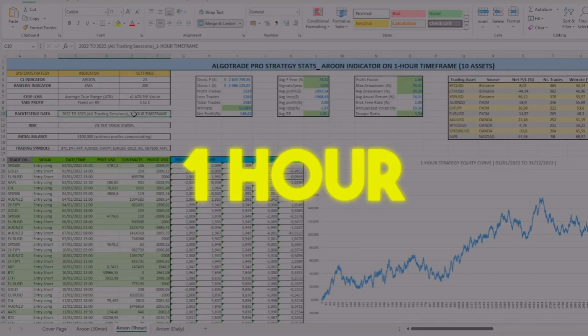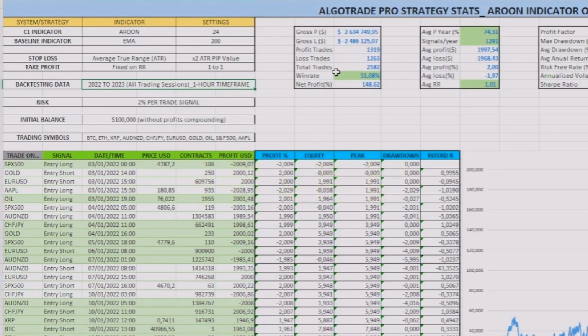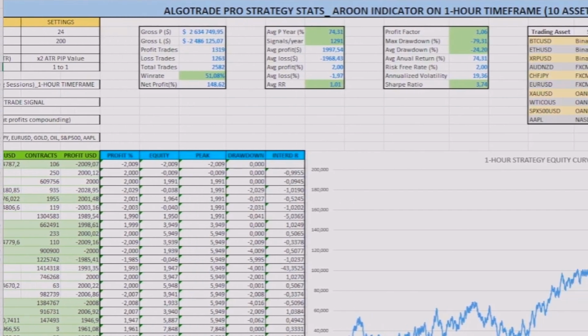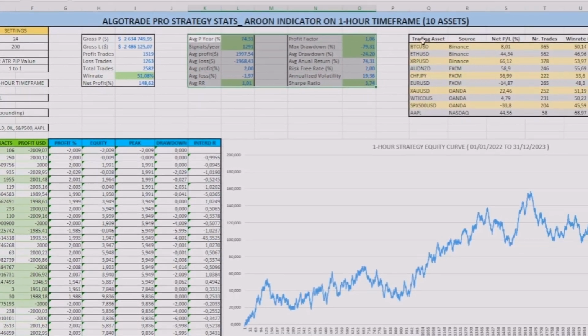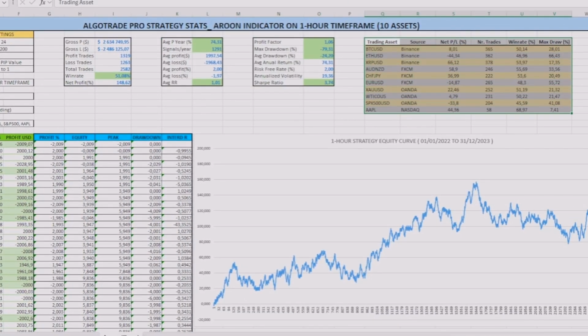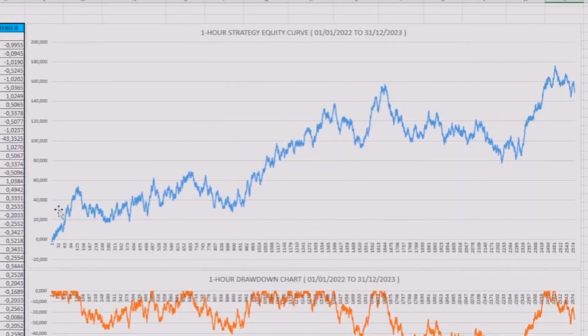Next, in the 1-hour time frame, things look much better. After 2,500 trades, the indicator achieved a win rate of about 51.08% and a net profit close to 150%. Again, here you can find other metrics and also the results from every asset, which are a little more consistent now. Looking at the equity chart, it was better than the previous one, but even so, it had a big